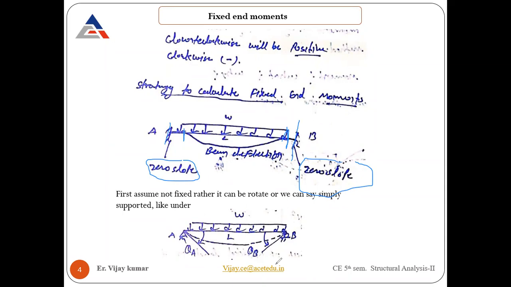I assume the loading I have over the beam is placed over the simply supported beam, which I take out from the fixed end beam, and draw its deflected shape. We know that there is a theta A and a theta B. If you remember from structural analysis one, this is a simply supported beam with a UDL load, and we can calculate theta A and theta B very easily. So let's see how we can find it out.